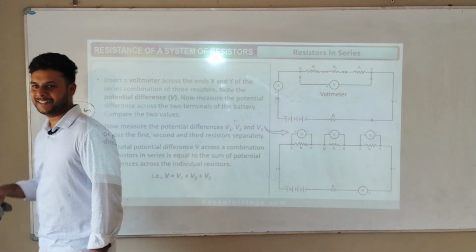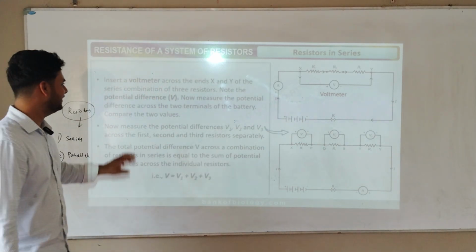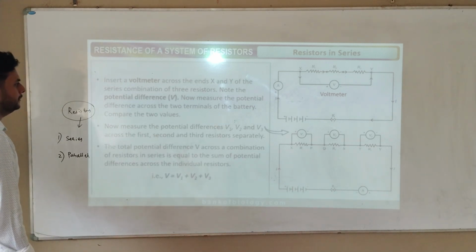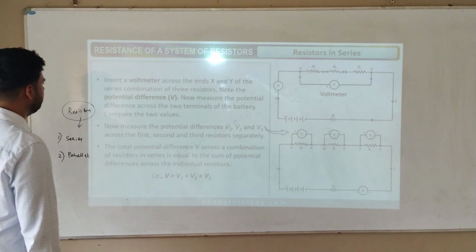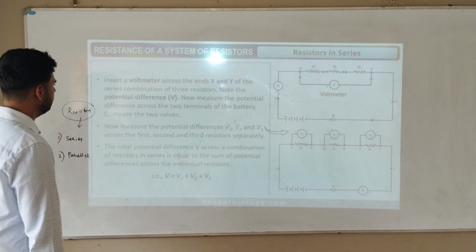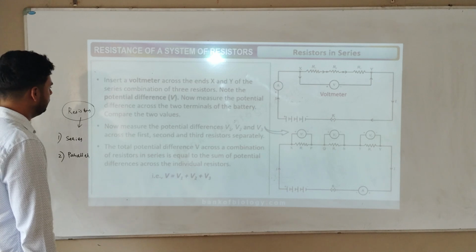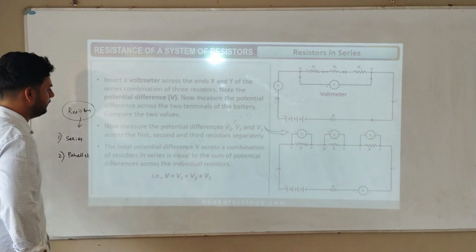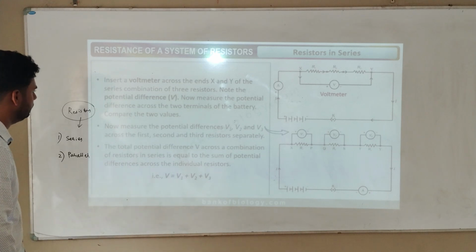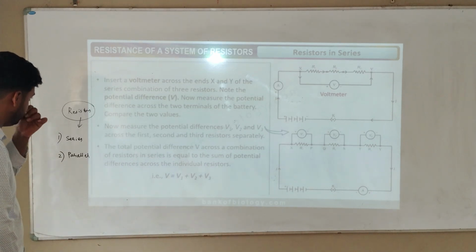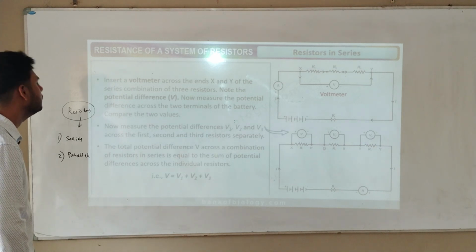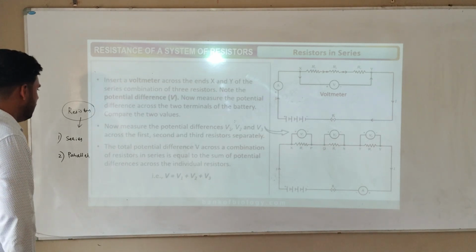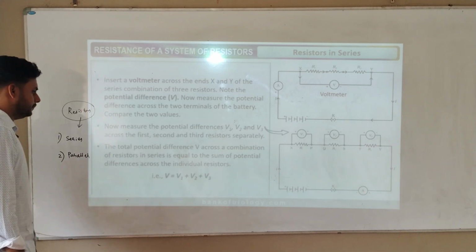Read. Insert a voltmeter across the ends X and Y of the series combination of 3 resistors. Note that potential difference. Now measure the potential difference across the 2 terminals of the battery. Compare these values. Now measure the potential difference V1, V2 and V3 across the first, second and third resistors separately. The total potential difference V across a combination of resistors in series is equal to the sum of potential differences